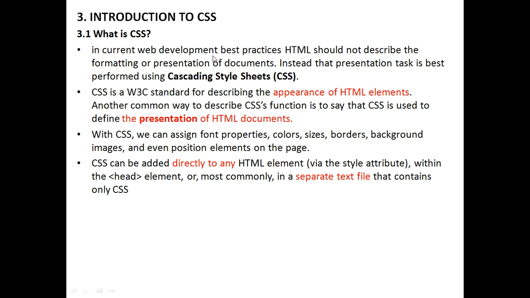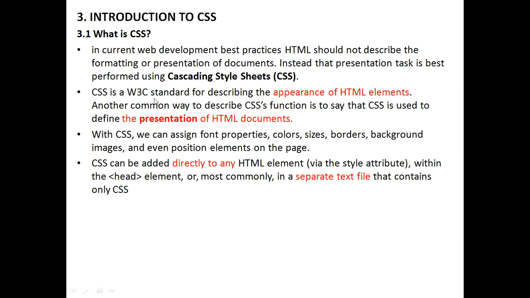In current web development best practices, HTML should not describe the formatting or presentation of the document. Whatever HTML pages you are writing, they should display the main content, not the formatting or presentation. Instead, that presentation task is best performed by using CSS. The presentation tags, the good visibility and good look properties, can be represented by cascading style sheets.